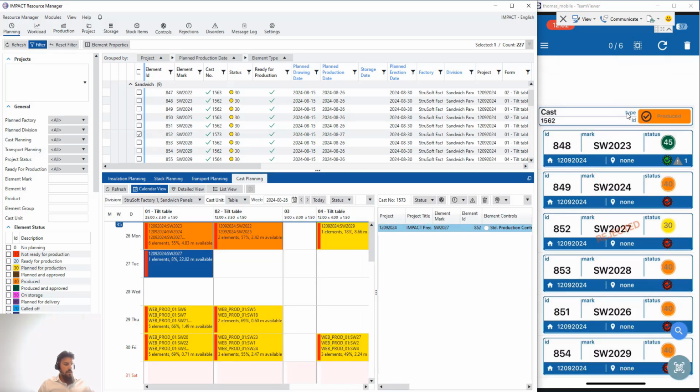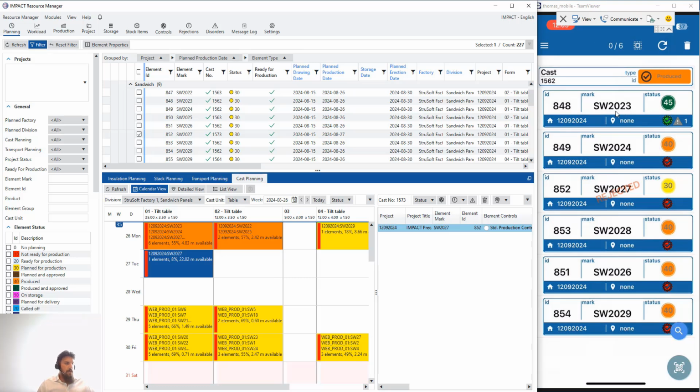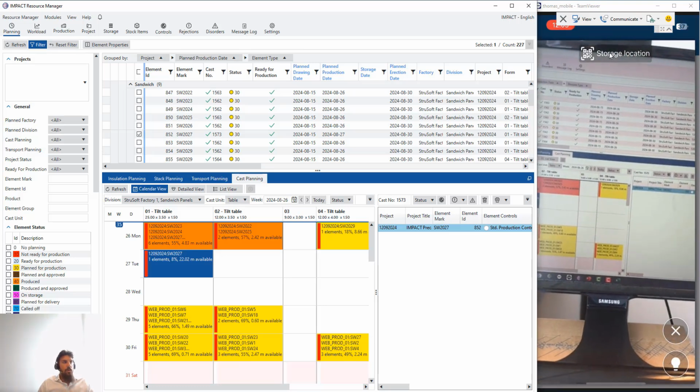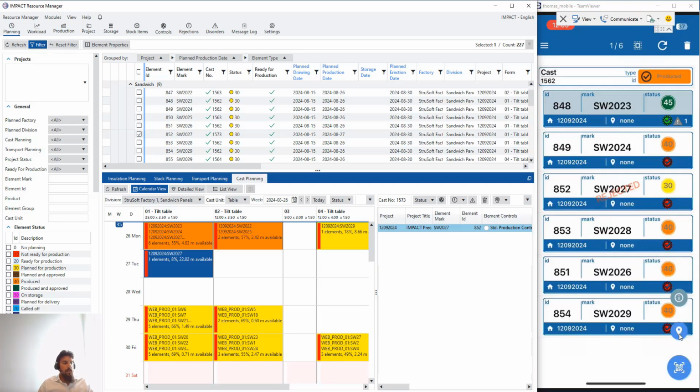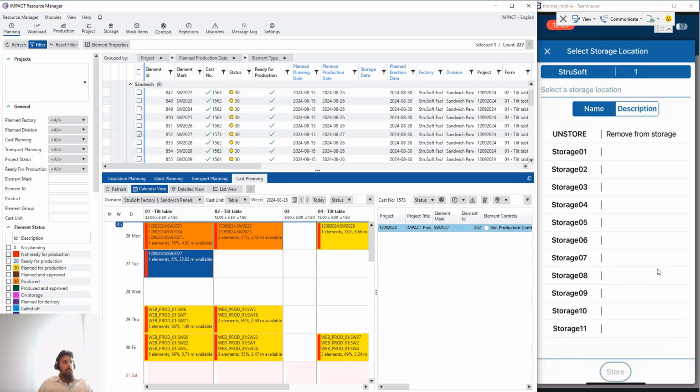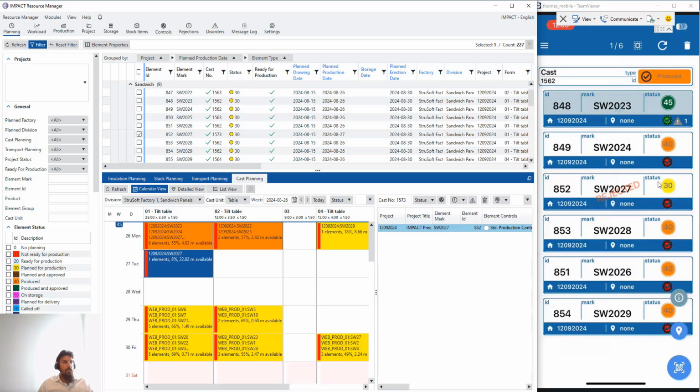When this is finished and all of your elements are done, then you can select one element or multiple elements that you have scanned and assign them to a storage location. You can assign them by pressing this scan button and then scanning a storage location code, which I do not have right now, or you can just press this location button and assign them to some of your storage locations. The status will change to 50,